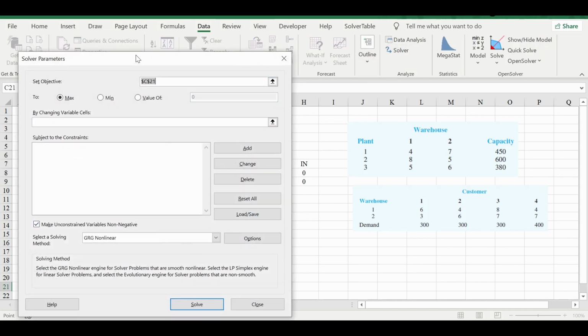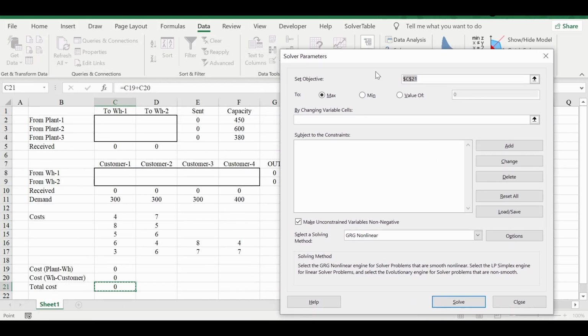In the solver, in the objective function, you will enter, of course, this one C21, which is the objective, which will be minimized. Then in the variable cell, you see there are two types of decision variables which are disjoint. By disjoint, I mean that these decision variables cannot be selected together, they are separated.